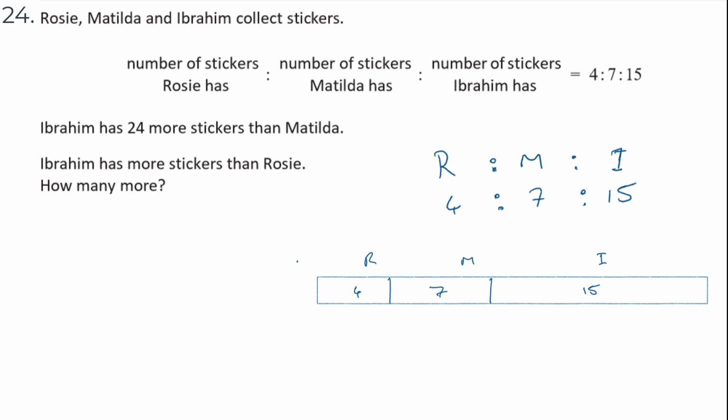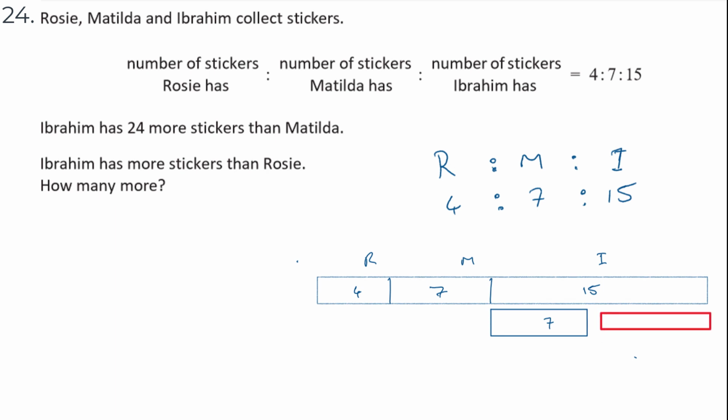That's the ratio that their stickers are in. Okay, what I'm going to do is compare Matilda's and Ibrahim's bar. This bar here is worth 7, wasn't it? Now if I pick that up and move it over next to Ibrahim's, we can see that if Matilda has 7 stickers for every 15 stickers Ibrahim has, then that means Ibrahim has an extra 8 stickers